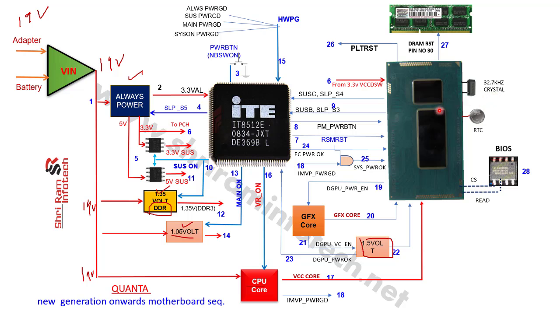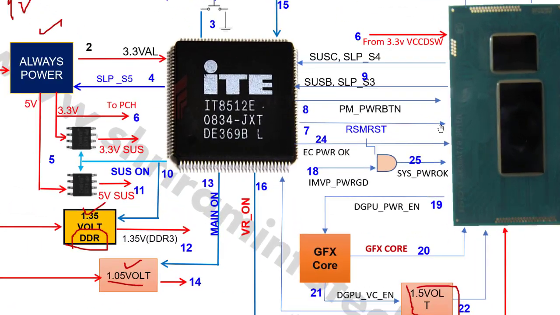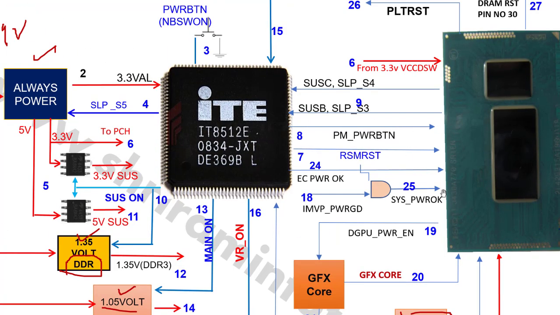CPU is ready to work at step number 6, and then at step number 7, SIO sends out this RSMRST signal. Then at step number 8, SIO generates the PM power button. It's called the post power button. Sometimes this signal is named